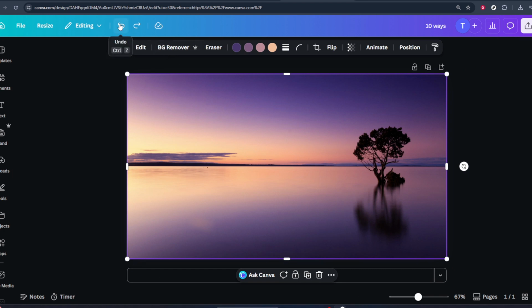Now, if you realize your mistake right after you remove the background, another very simple option is to use the undo button at the top of the Canva editor. Just click on the undo arrow, and Canva will step back to what your image looked like before the background was removed. This is the fastest way to revert the entire change if you haven't done